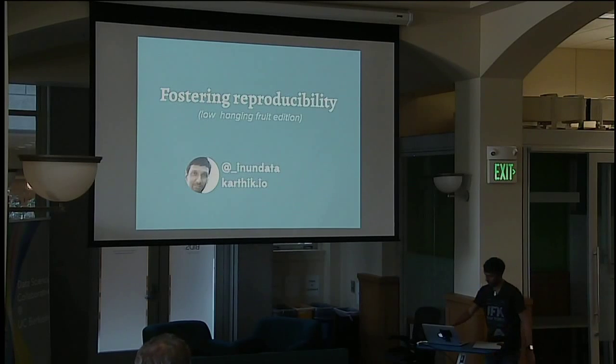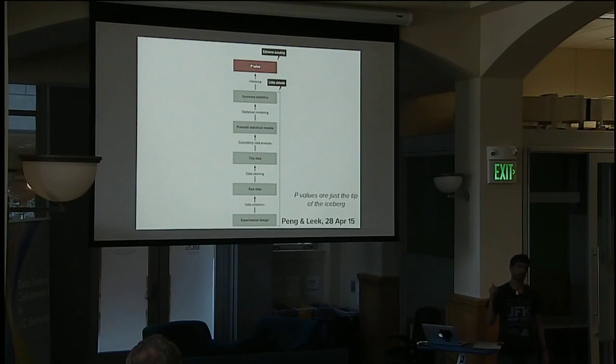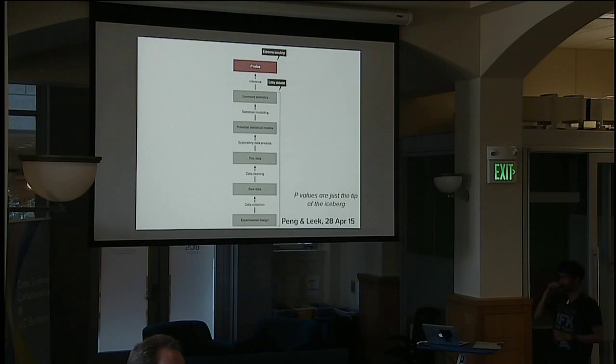I'd like to start off with a commentary that came out in Nature last week by Roger Peng and Jeff Leek. They're both biostatisticians at Johns Hopkins. And this data pipeline, or research pipeline, really captures the mission behind the project that I work on, is that there's a lot of scrutiny on the actual paper